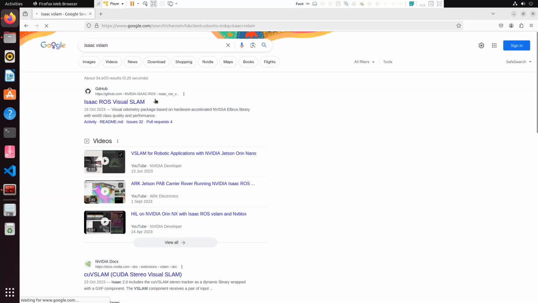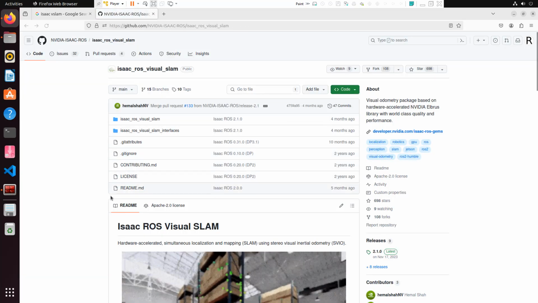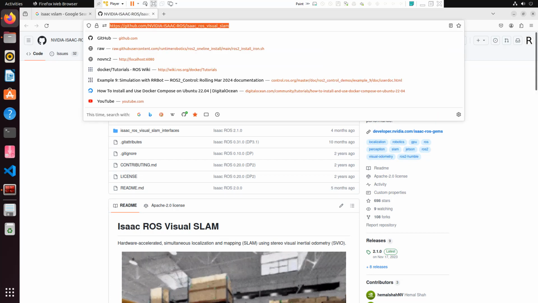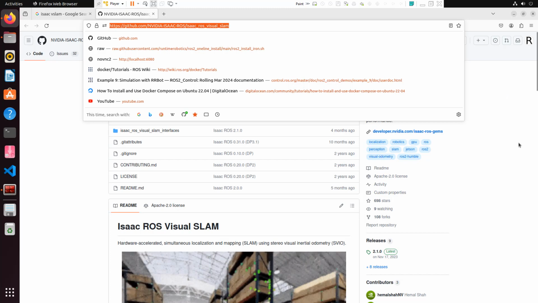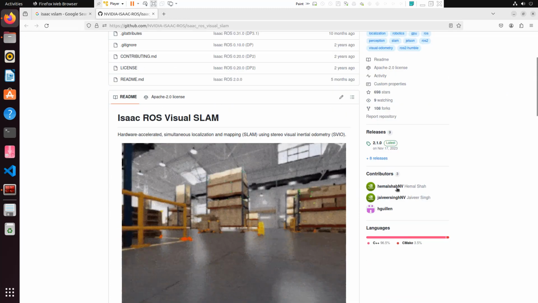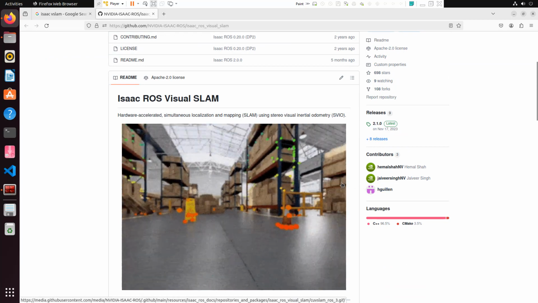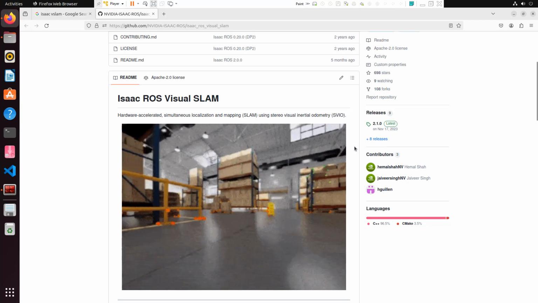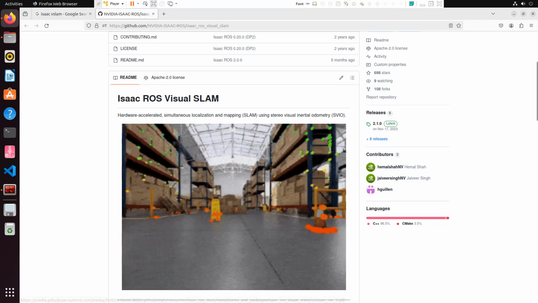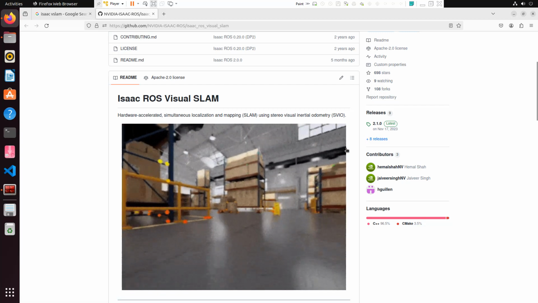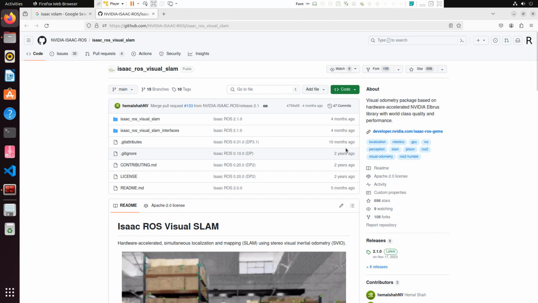So this is the only vSLAM that I have seen. This vSLAM is much more active; it has a good community, but it is an NVIDIA product. I have seen some demos of it when I was at NVIDIA HQ. The engineer showed me a good demonstration and it works well. So I just want to suggest this vSLAM,